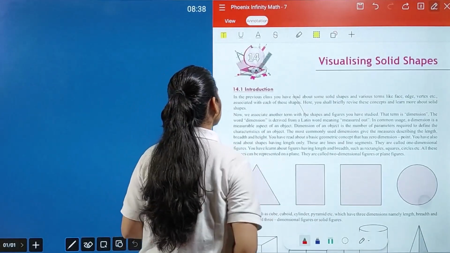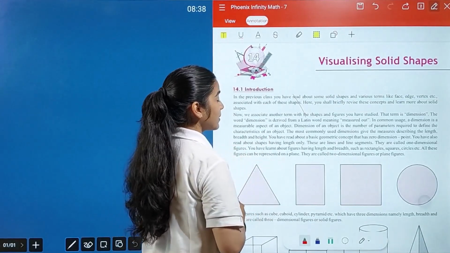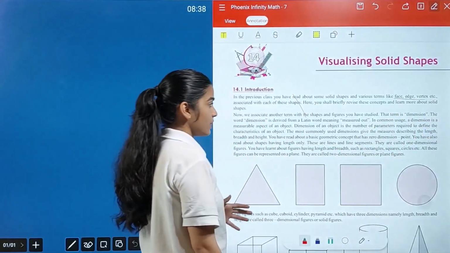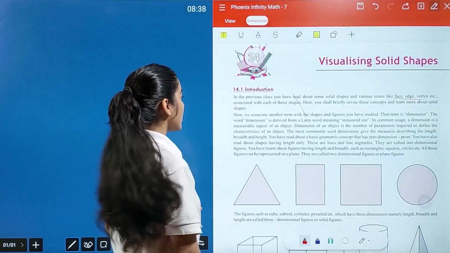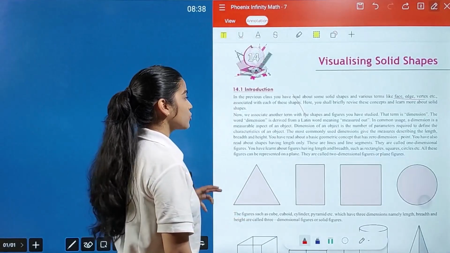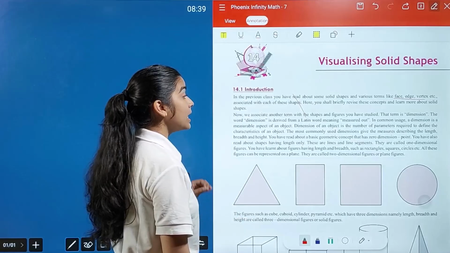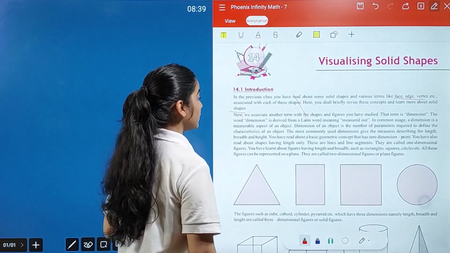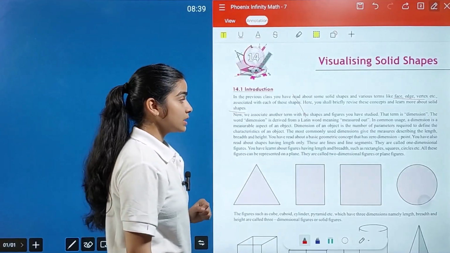Introduction. In the previous class we have read about some solid shapes and various terms like face, edge and vertex. So we already know about face, edge and vertex, right? Associated with each of these shapes, here we shall briefly revise these concepts and learn more about solid shapes. Now we associate another term with the shapes and figures you have studied. The term is